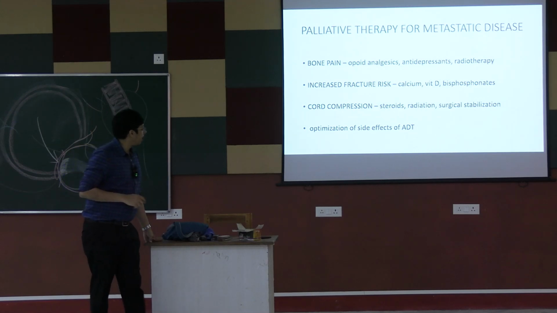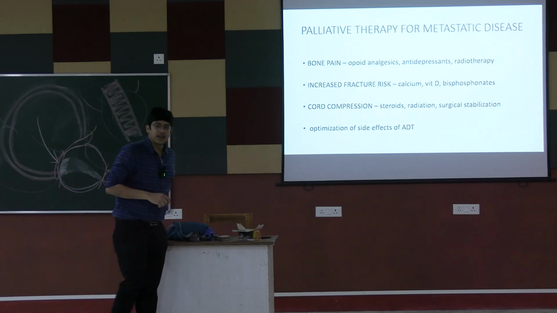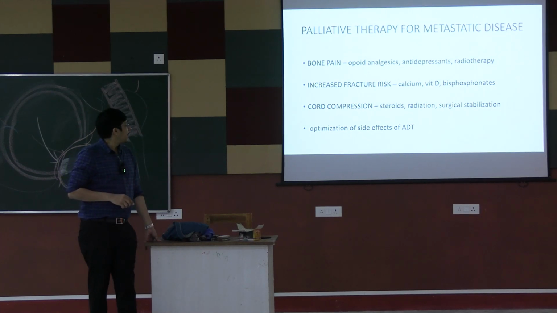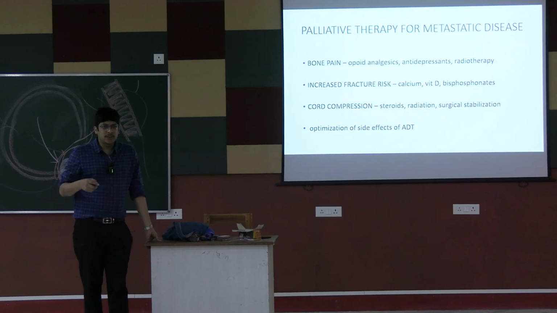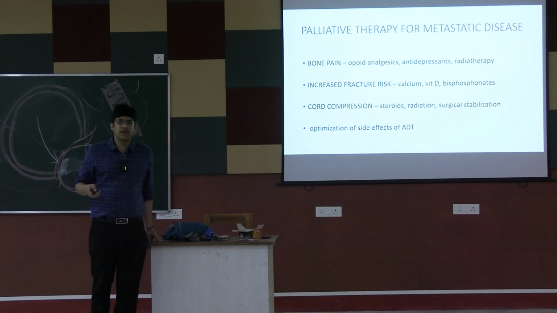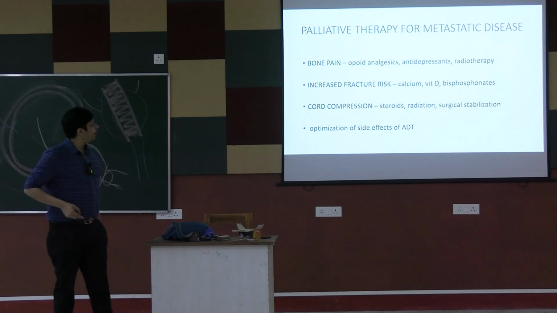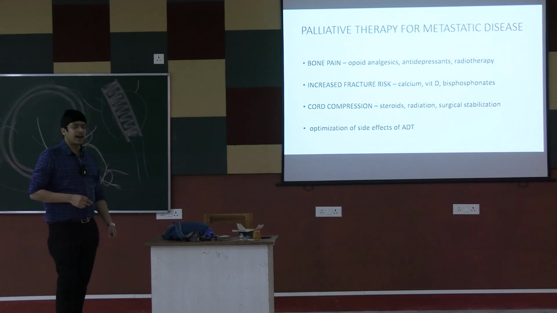Like for cord compression, we give steroids, we do surgical stabilizations of the spine. For increased fracture risk, we give calcium, vitamin D, bisphosphonates, now teriparatide, parathormone, etc. And for bone pain, we give dedicated analgesics, etc. So this is in a very nutshell